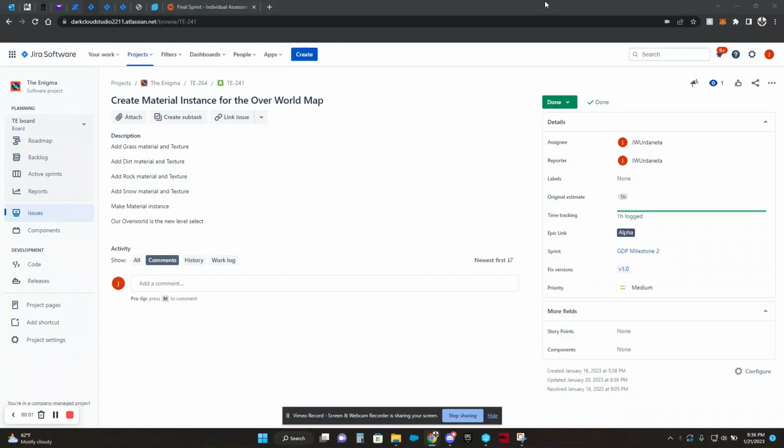My name is Jonathan Ernetta, and for this week, I created a material instance for the overworld map. The overworld map is supposed to be the connection between levels. It is a level part to